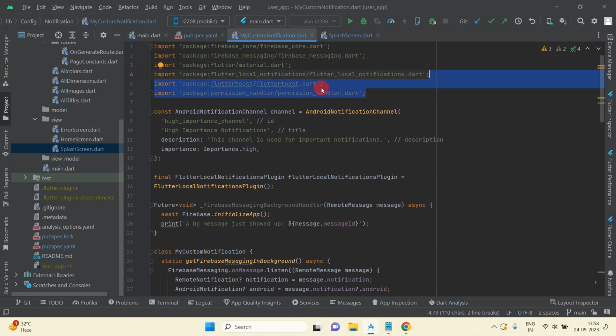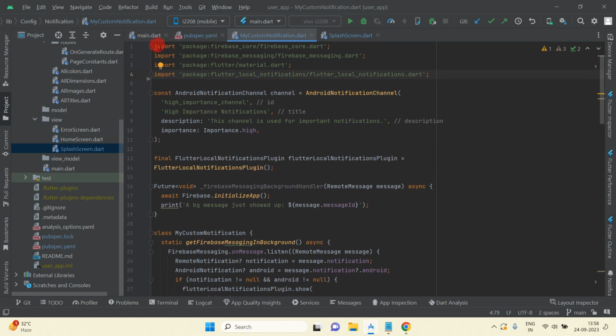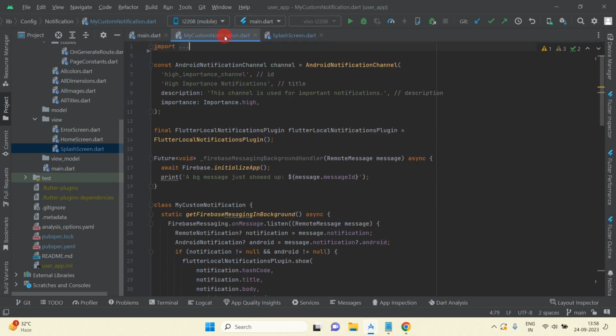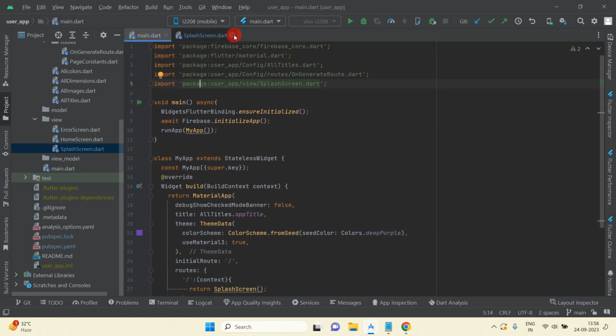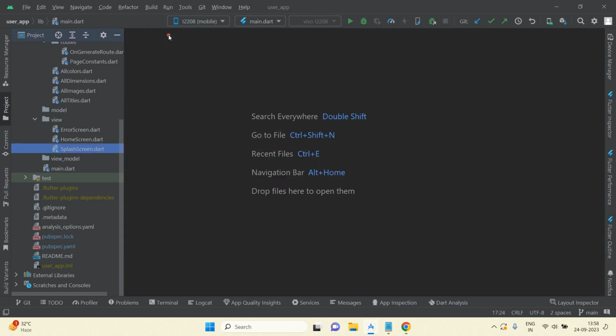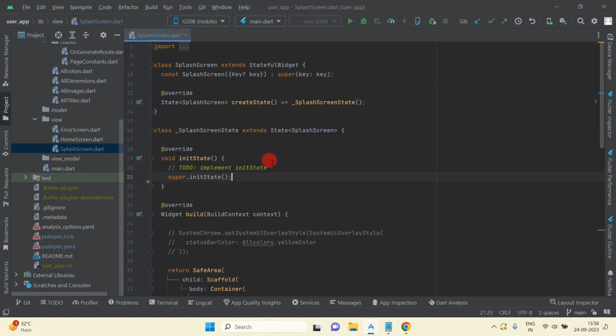And just remove this unnecessary imports. Open splash screen here,